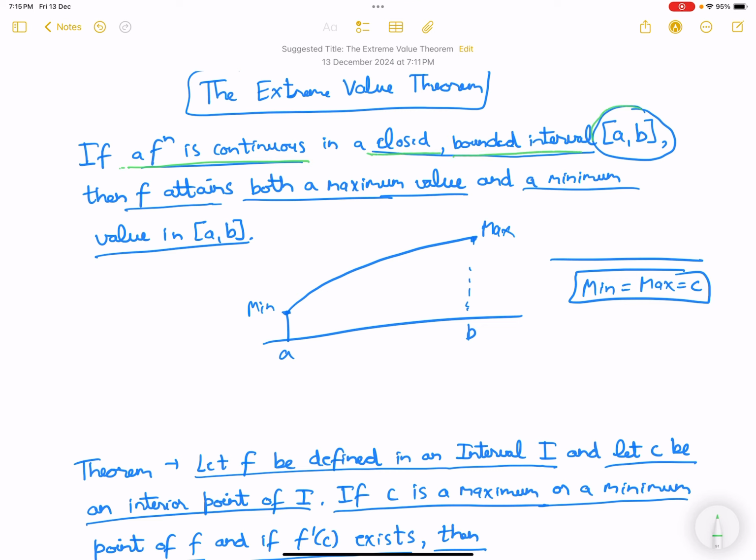a closed and a bounded interval, then f attains both a maximum value and a minimum value in the closed interval. So if we have a function like this, then the minimum value would be at point A, and the value would be f of A. The maximum value would be at point B, and the maximum value would be f of B. But if we have a function like this, the straight line, then the minimum value equals the maximum, which equals a constant c. Okay, now